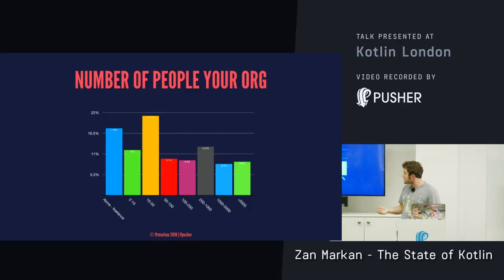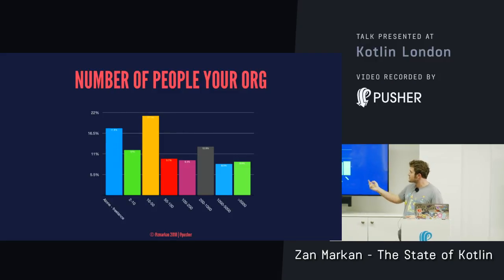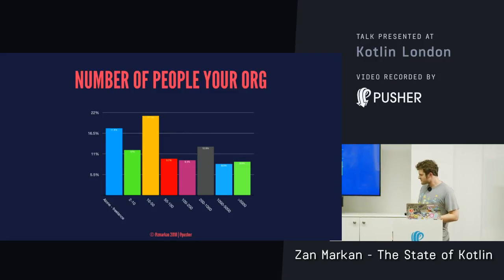Number of people in your organization: there is a big spike with 10 to 50 people and quite a large spike with the freelancers, but nothing scary. There is quite a uniform distribution across the other sizes of companies. So imagine the 10 to 50 people are small agencies and startups that are quite eager to try out new things, quite flexible to move quickly.